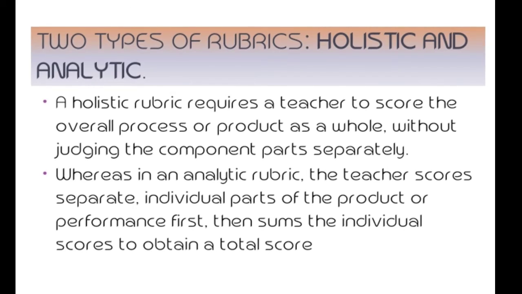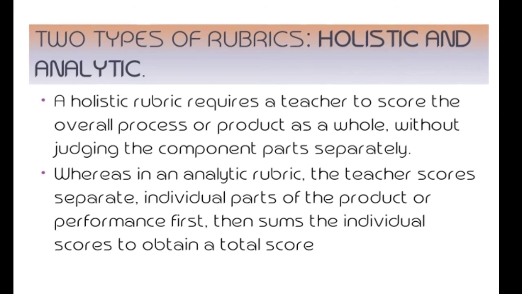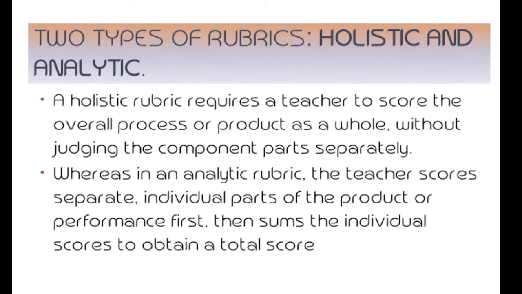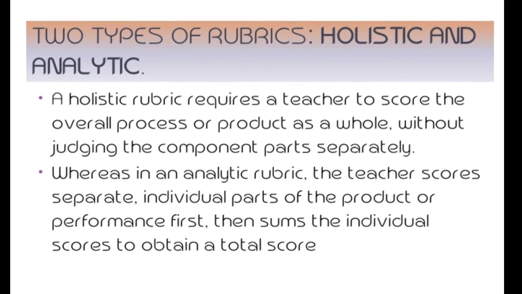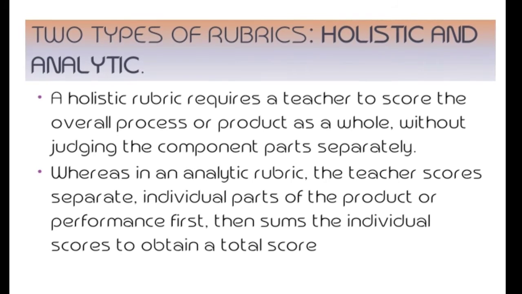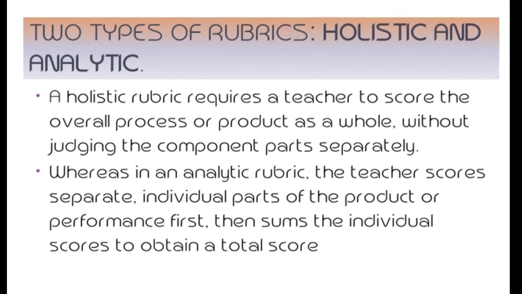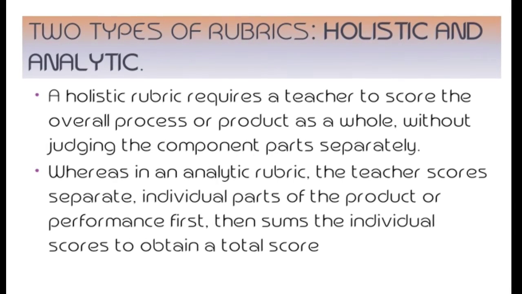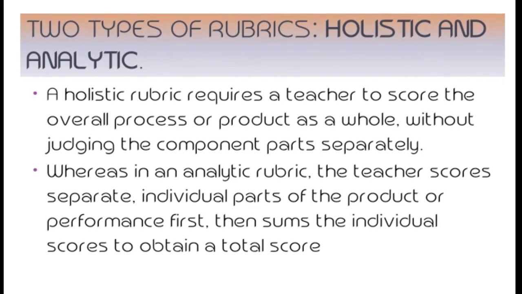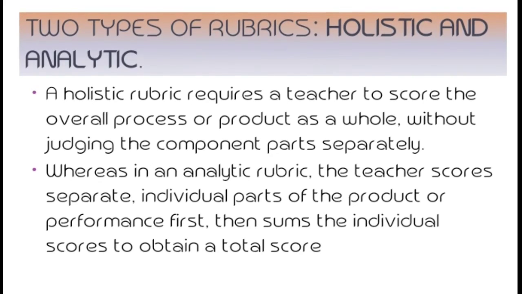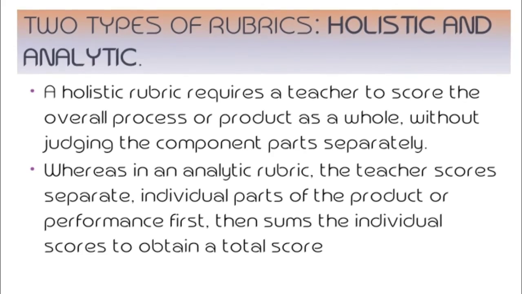And then there are 3 types of rating scales, namely a numerical rating scale, a graphic rating scale, and a descriptive graphic scale that will serve the teacher well for most purposes. A checklist consists of a list of specific behaviors, characteristics, or activities, and a place for marking whether or not each is present. Teachers may use a checklist for assessing processes students use, products students produce, or behavior students exhibit.